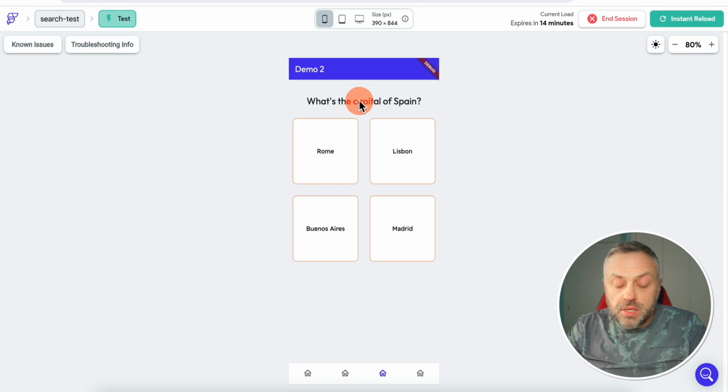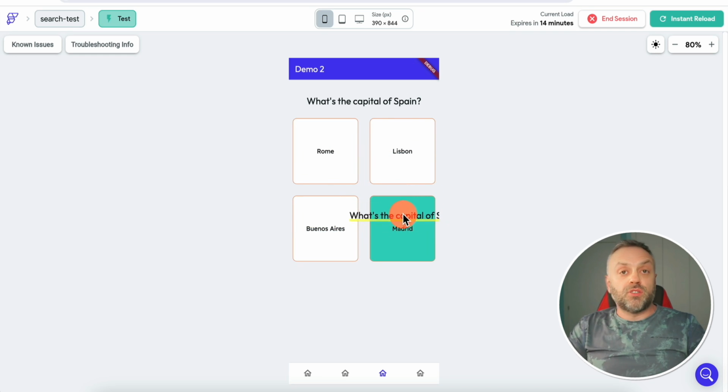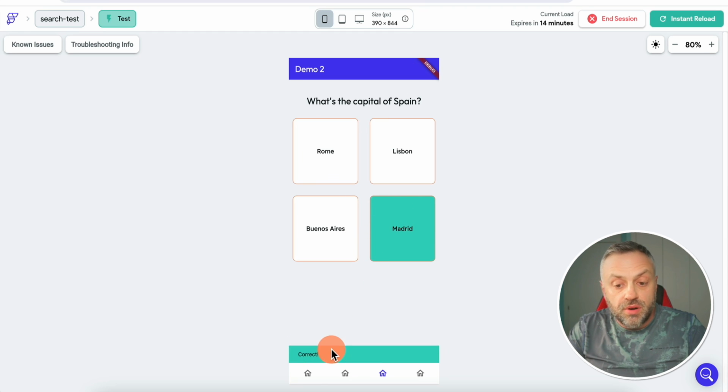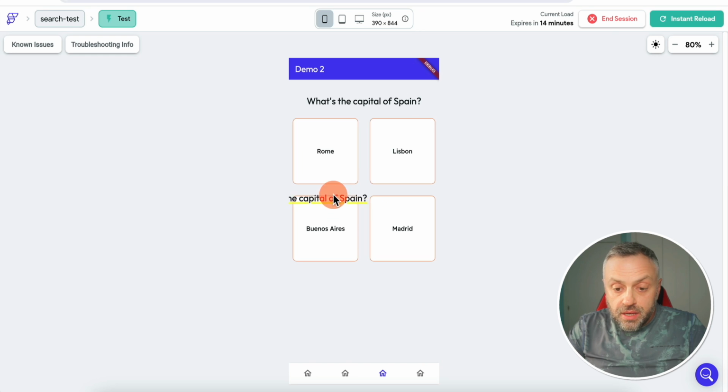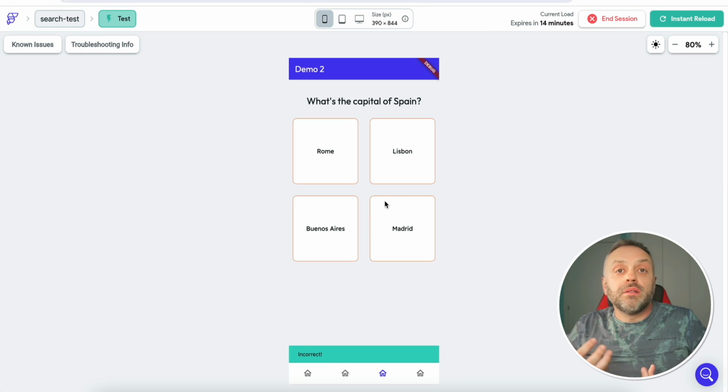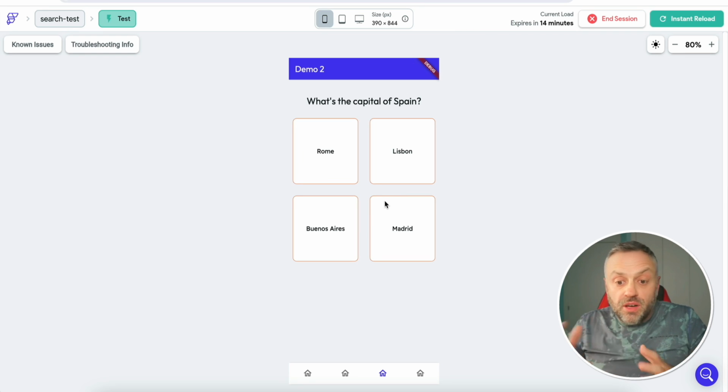And so the idea is I can drag and drop it, right? So if I drag it here, nothing happens. If I drag it here, nothing happens. Drag it here, nothing happens. But if I drag it here, guess what? It changes the color, Madrid, right? So if I let go, it says correct. And if I drag that again, and I drag it onto this box here, it says incorrect. Okay, so that is another little twist of this functionality